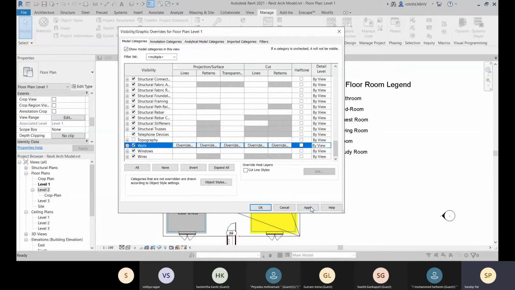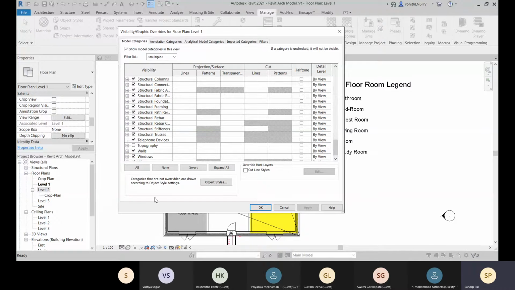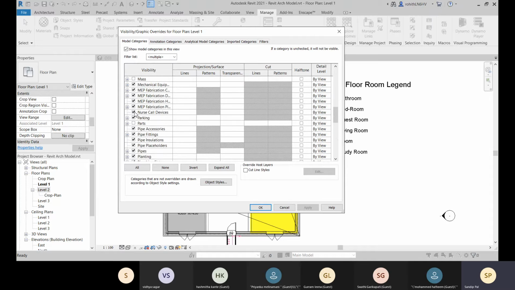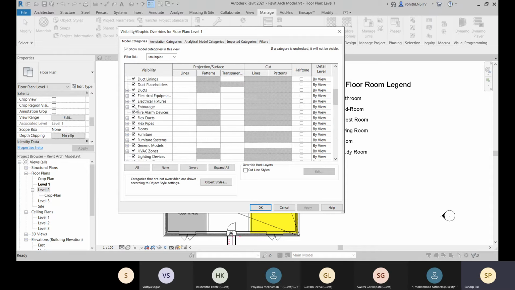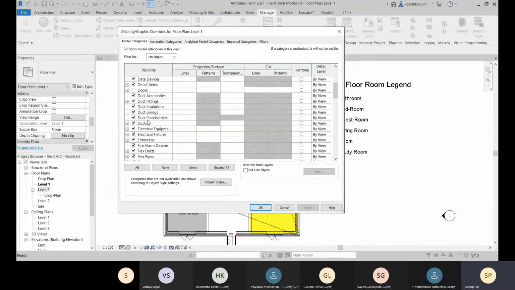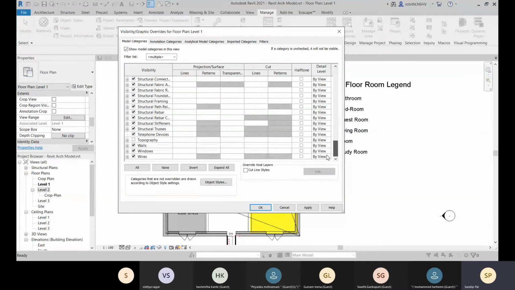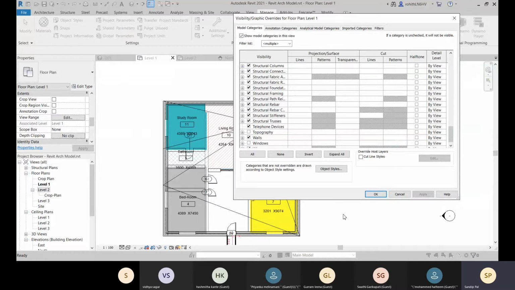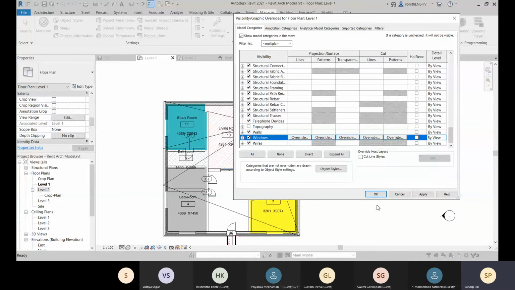So again, let me go for this apply, and here you can see that one come up here, and again you can go for walls or doors, like this doors, and you apply, and see there is no more doors, and you can go for this windows as well, and if you apply, so there will be no windows anymore. So this is how you can hide them.